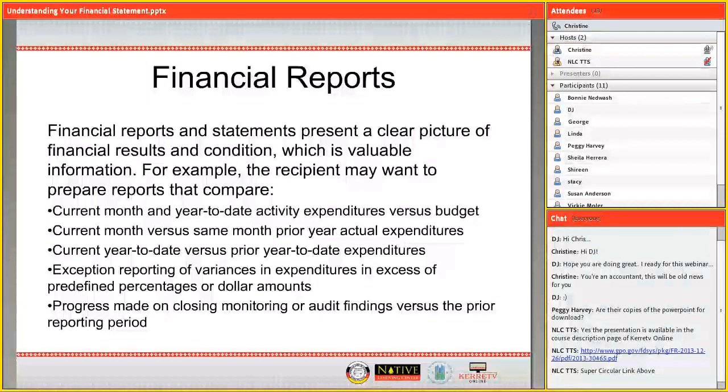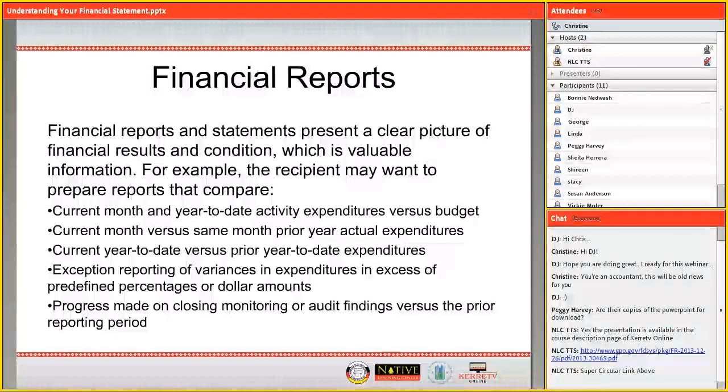Okay, financial reports and statements should present a clear picture of the financial results and the condition. Basically, do you have any money? And that's valuable information, obviously. The reports you may want to look at are current month and year-to-date activity, expenditure versus budget, current month versus